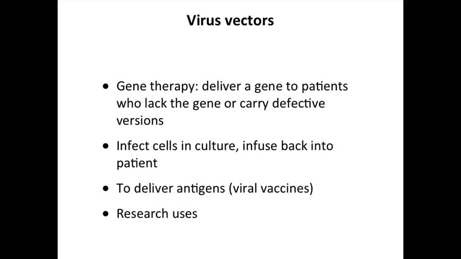All right, the last thing I want to tell you about is good uses of viruses for curing human diseases. We have been able to make viral vectors and put foreign genes into them. And so these are used for gene therapy. There are lots of diseases where patients lack a specific gene. And so one of the most common approaches is to take cells from these patients. Now we're beginning to take bone marrow stem cells out. You infect them with a virus that will supply the gene that's missing, and then you infuse these cells back